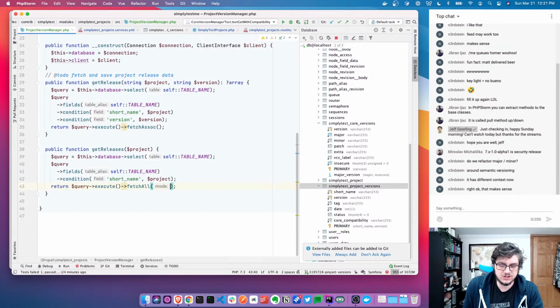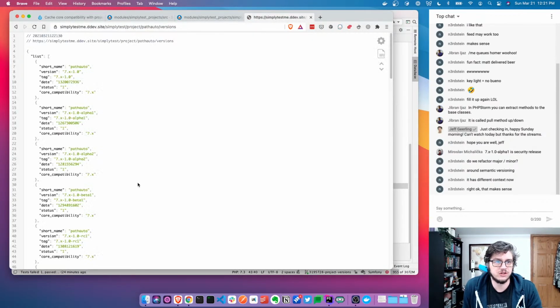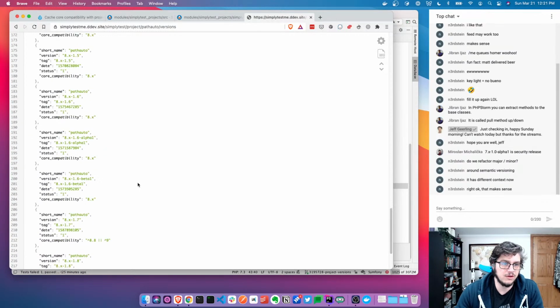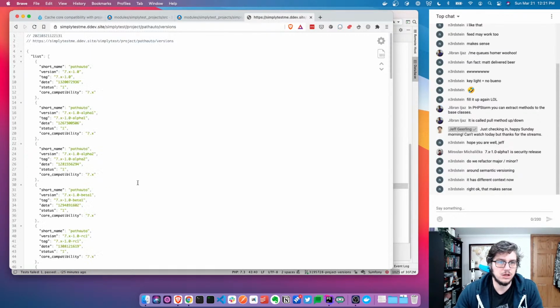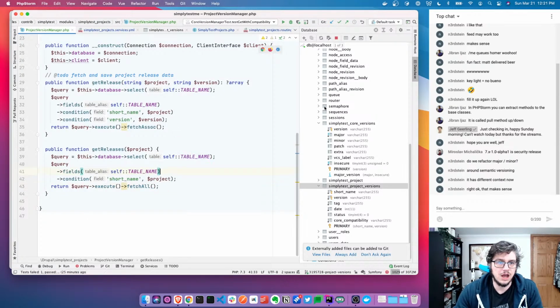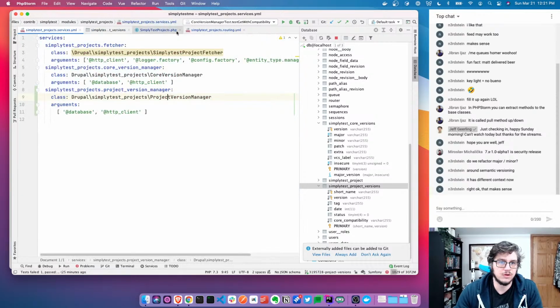So the cache isn't working here because I've turned off all caching locally. Great. So I did fetch all because in JavaScript, it's easier to work with an array than an associative array, which is just an object in JavaScript. So here we go. Path auto versions. We've got every single version. That's great. Now let's try the main test, which is